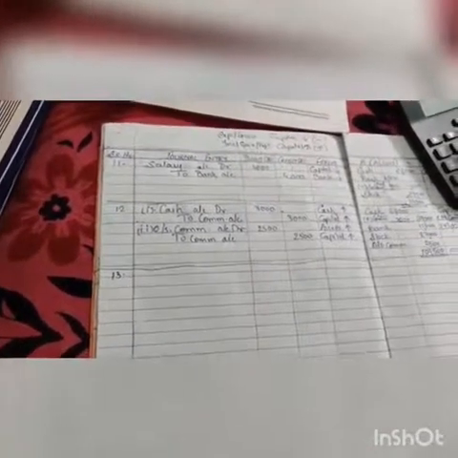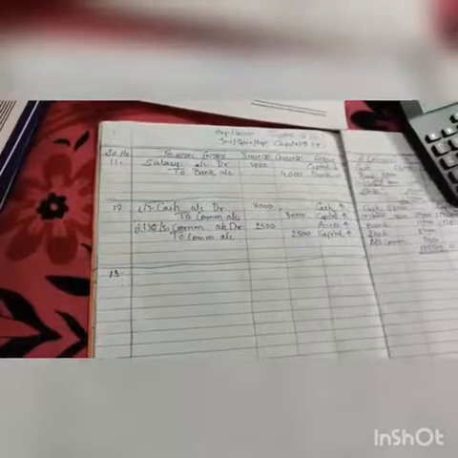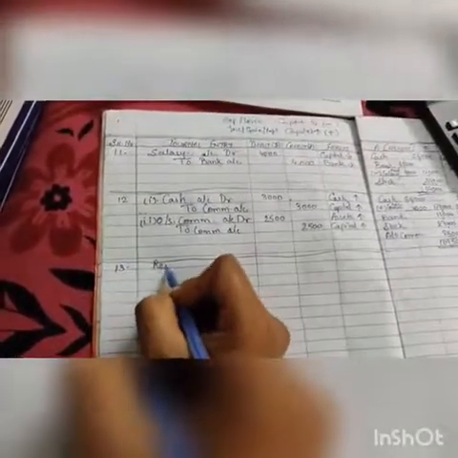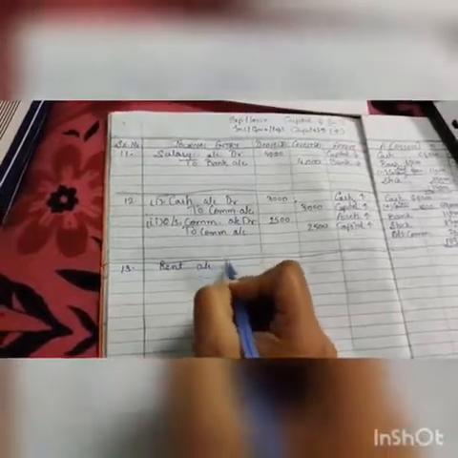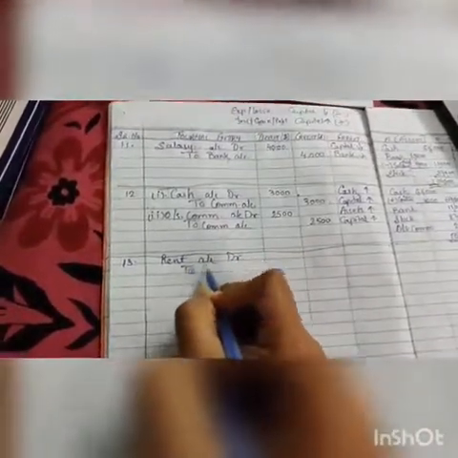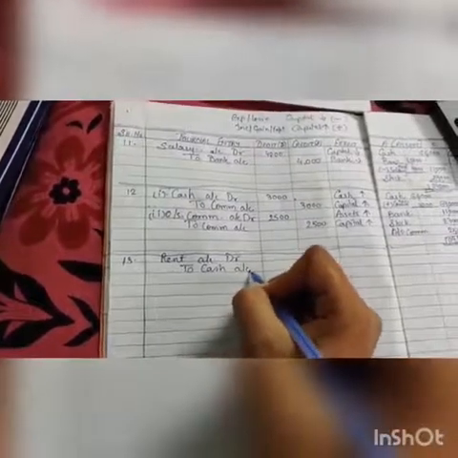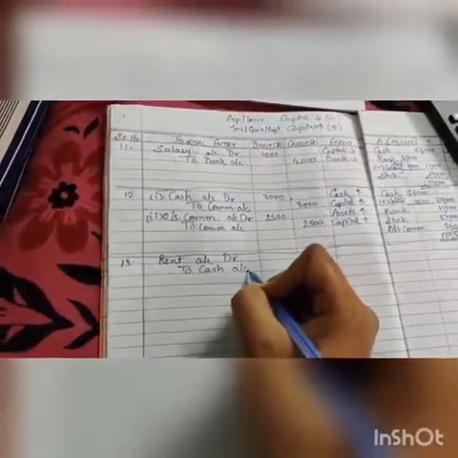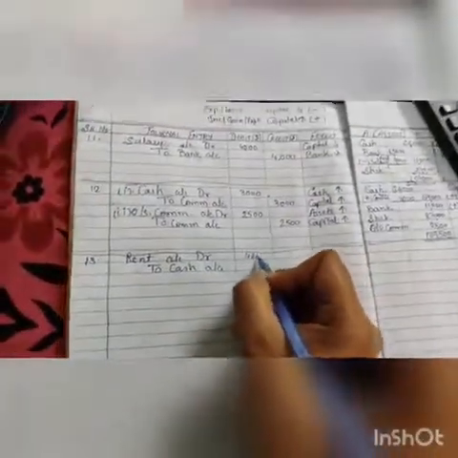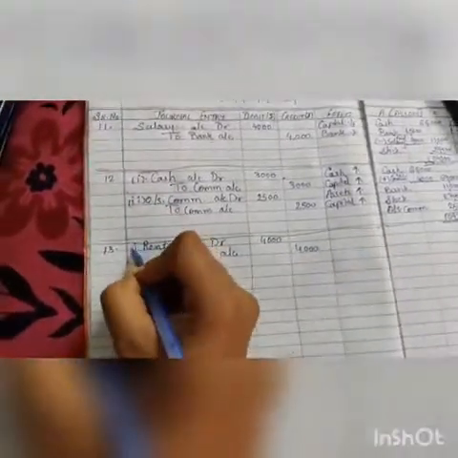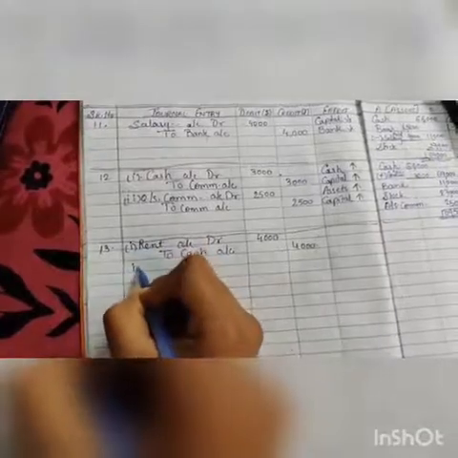So according to nominal account rule, what you have to do, that is debit all expenses and losses. So see, here we will write down rent account debited, cash is paid. So to cash account, what is the amount? So amount is for that 4,000 rent paid. See, rent paid 4,000. Clear? So here you will write down 4,000 and 4,000. First we will write down both the entries, then we will see the effect.